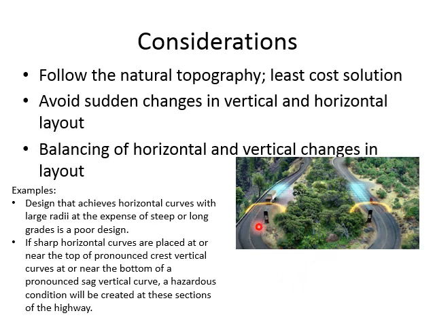So you see, I'm going from, so this is the horizontal curve. You can see how big it is. You cannot see what is happening on the other side. If you are here, you cannot see what is happening on the other side. And at the same time, you can see the gradient of the road is changing. You are going up and then down, and everything is happening at this particular point. They have marked it. So going from here to here, you are changing your direction completely as well as your gradient. So it's a very big change for the driver. So it will endanger his safety.